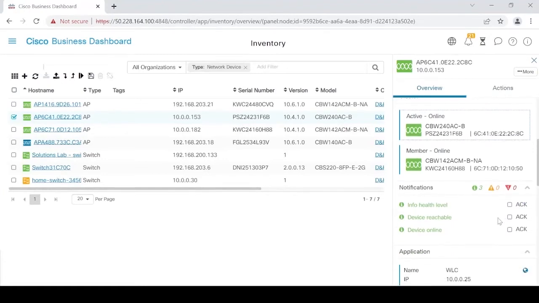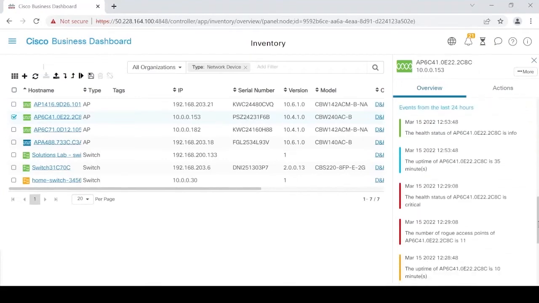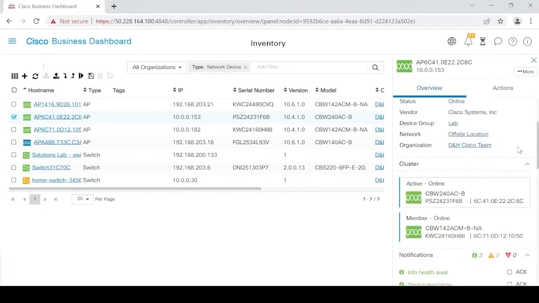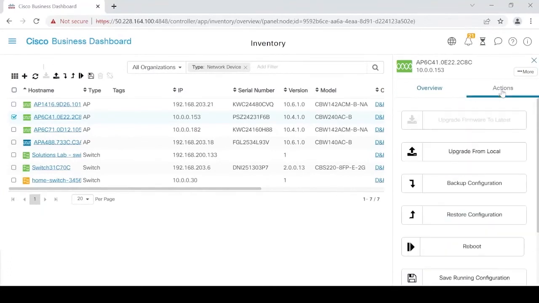Is it having rogue access point issues? Is it having utilization issues? Any number of things. And then, as you saw before, you get a glimpse into the last 24 hours of the device. There's also a lot of various actions that you can provide at your fingertips, as well